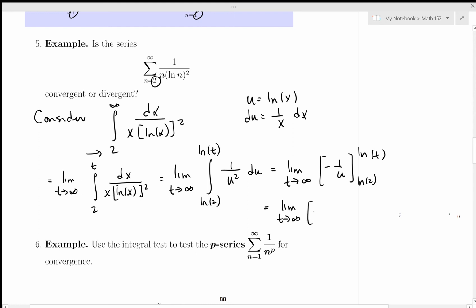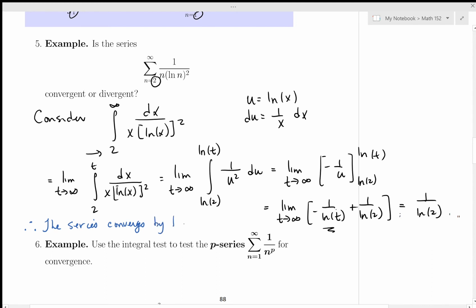Doing the evaluation, I'm going to get minus 1 over log t plus 1 over log 2. I take the limit. This thing is going to go to 0, so this is going to be 1 over log 2. So the integral converges. So then I would say, I'm going to leave myself a little bit of room. I'll put the conclusion in a different color here. So the integral converges. Therefore, the series converges